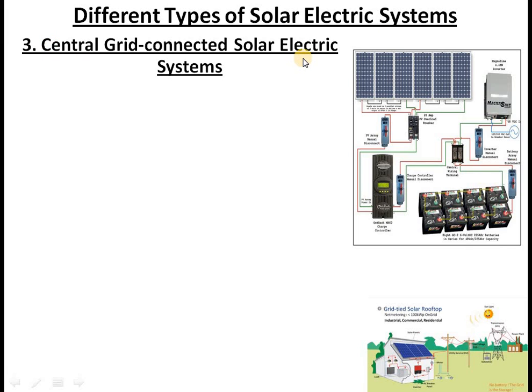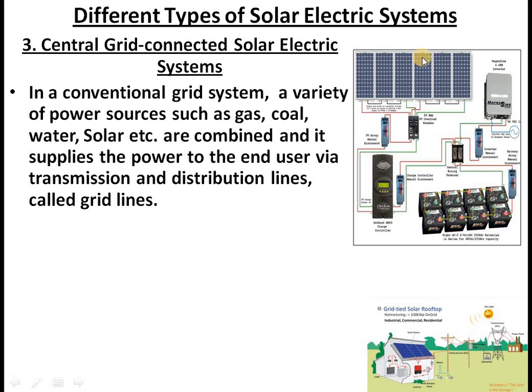2000 megawatt power projects in Karnataka. That is one such system where you need a huge land area where gigantic solar panels are installed, and power is generated and supplied directly to the grid. So there is no direct domestic supply. Instead, direct supply is given to the grid system, and from the grid, domestic supplies or industrial supplies are made.